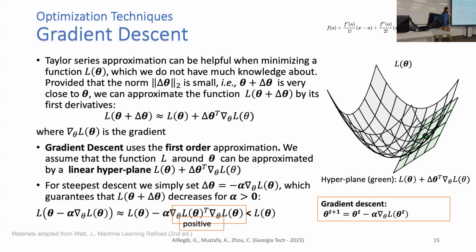Then we take the first two terms, and then if we set the change in our theta to be equal to negative alpha, the learning rate, and the data,